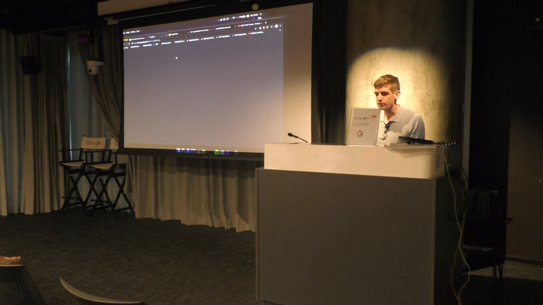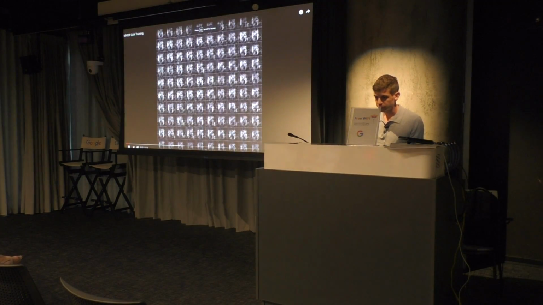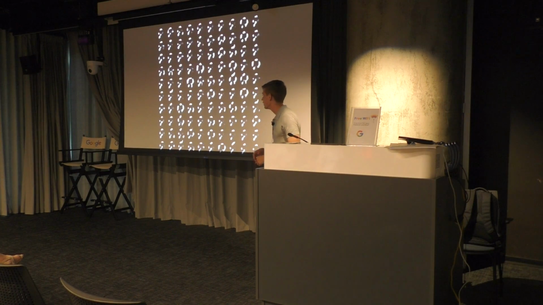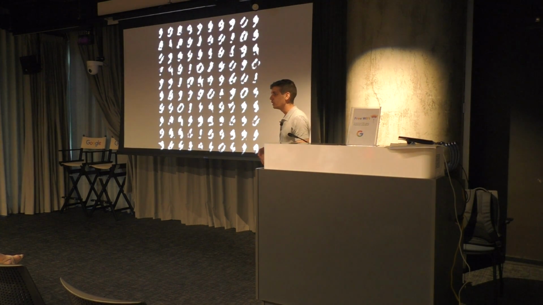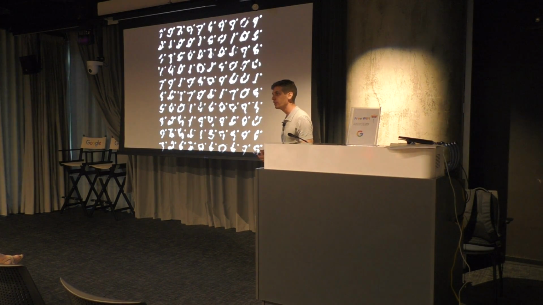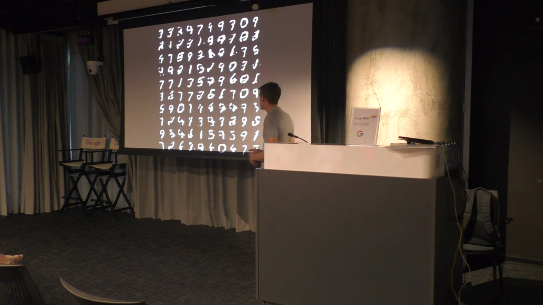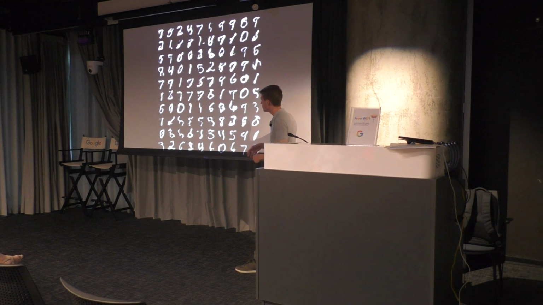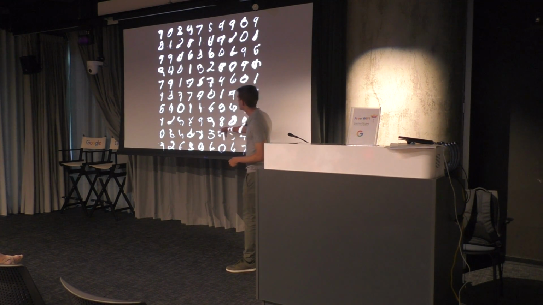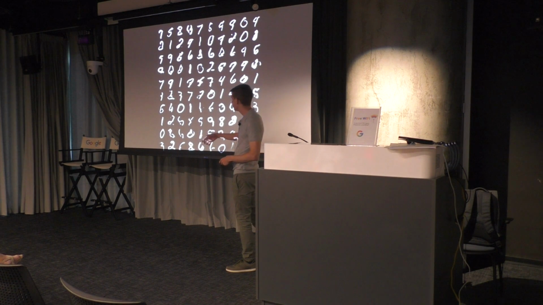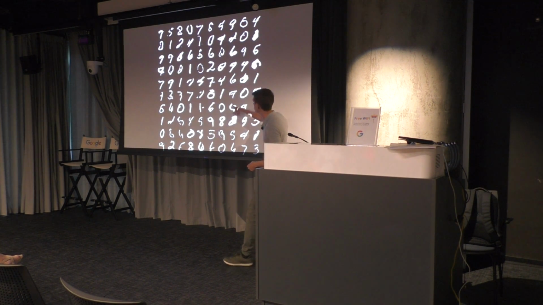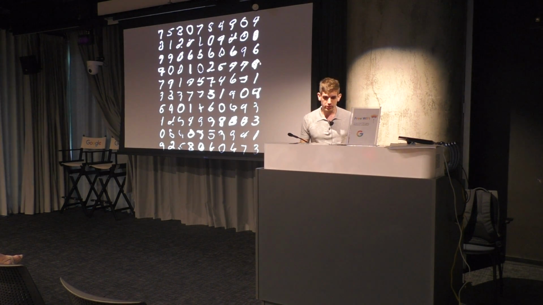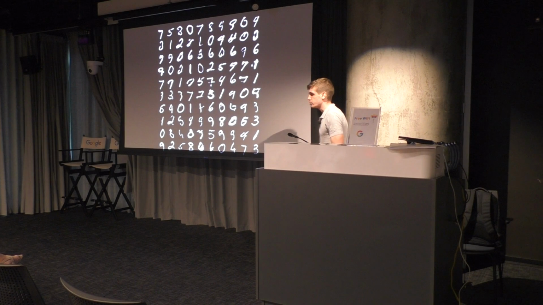So let's look at how the training process would look like. These are the images generated, I think, by an AC GAN, a kind of GAN that also learns to classify the images. I'm giving it a classified data set. And what you can see here is that over time, the images generated by the computer get the shape of what you can tell as a 4 and a 1 and a 6 and a 0. So this is basically how it looks during the training.